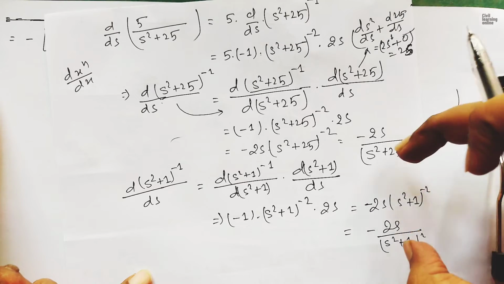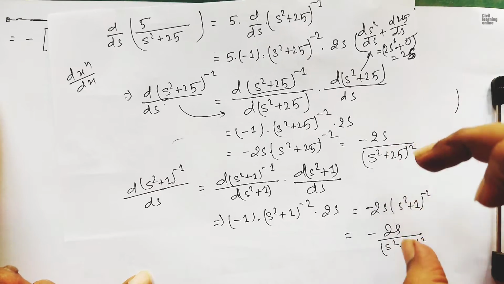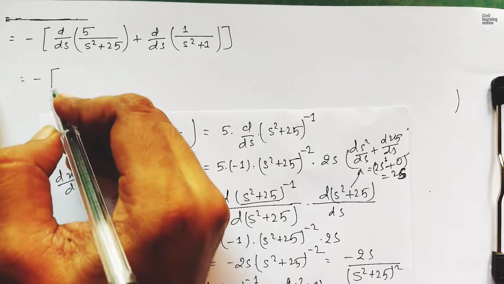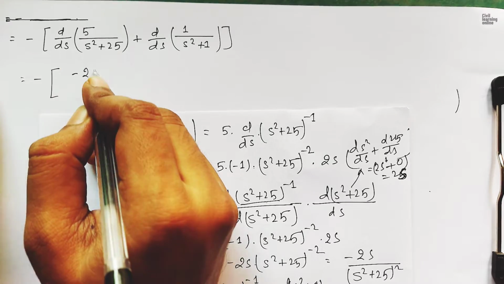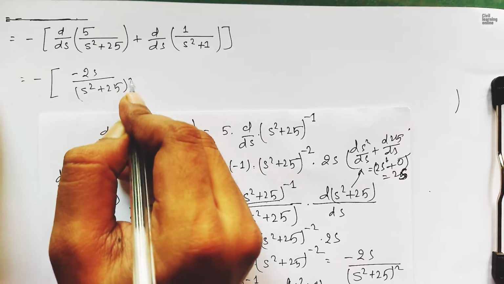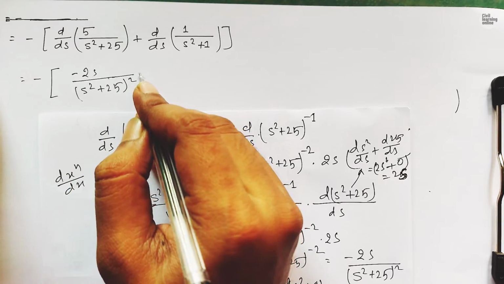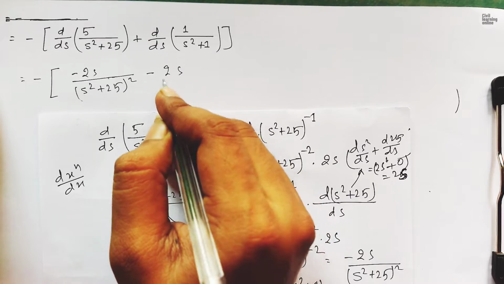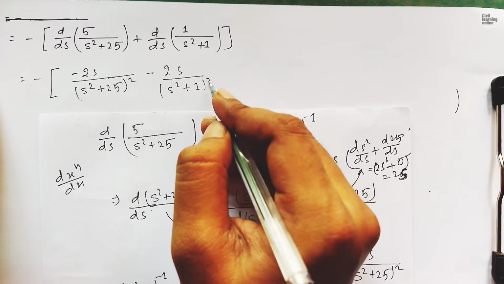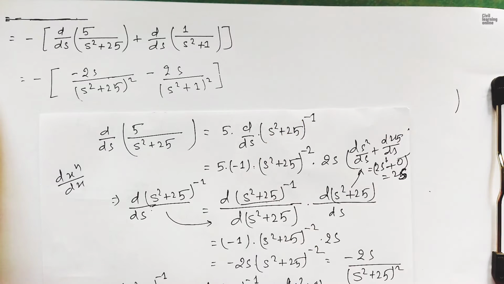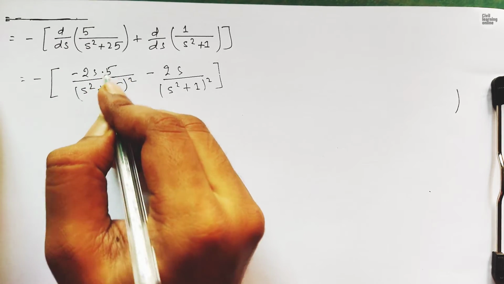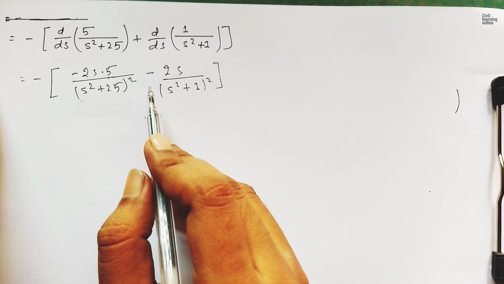We are going to use both these derivative values here. On doing the derivative, what we got, minus and put the bracket, we first got 2s upon (s square plus 25) whole square, again minus 2s upon (s square plus 1) whole square, and we have this 5 also, so 5 times this. Now what we can do here,